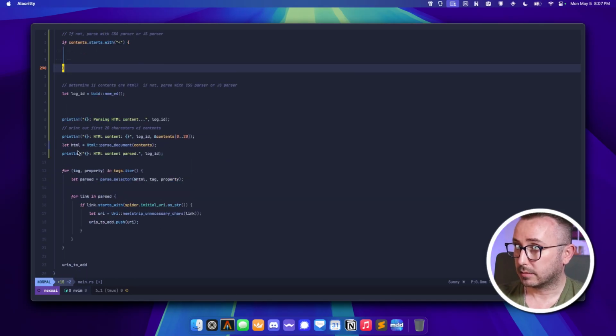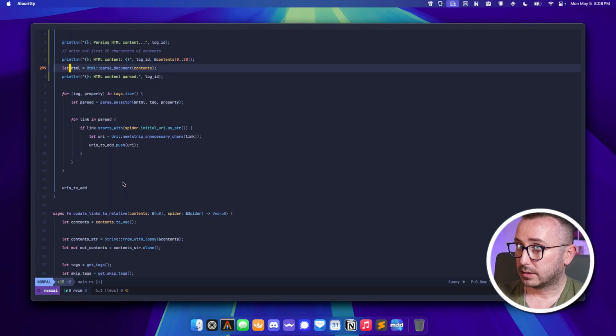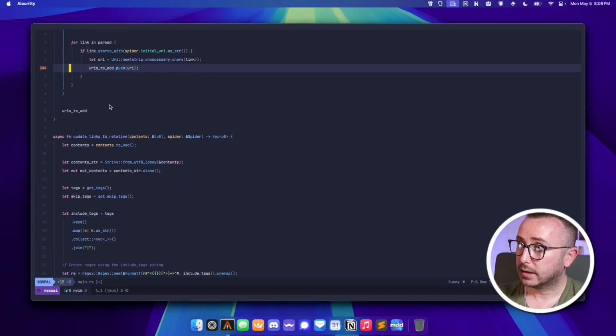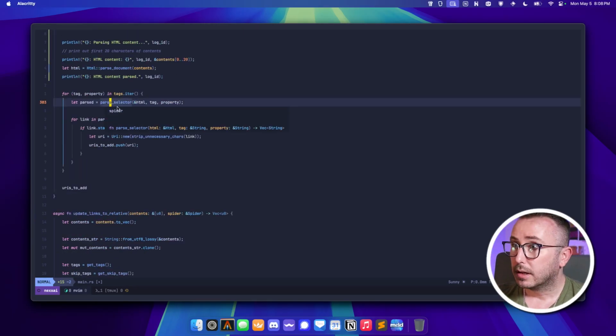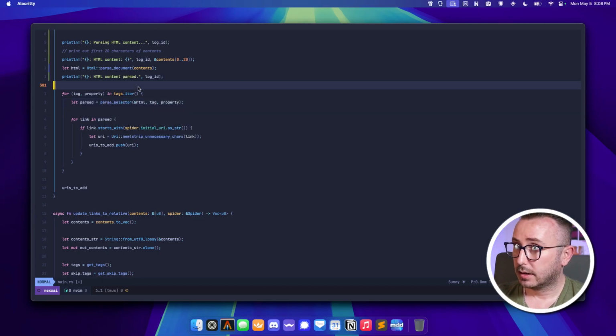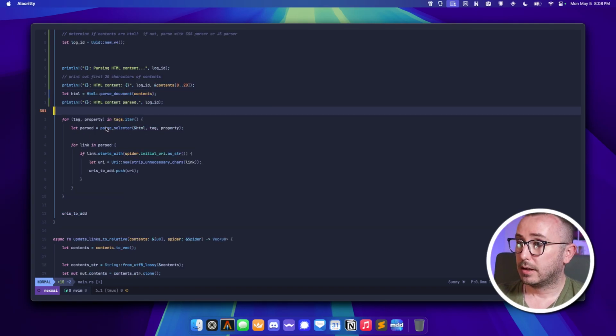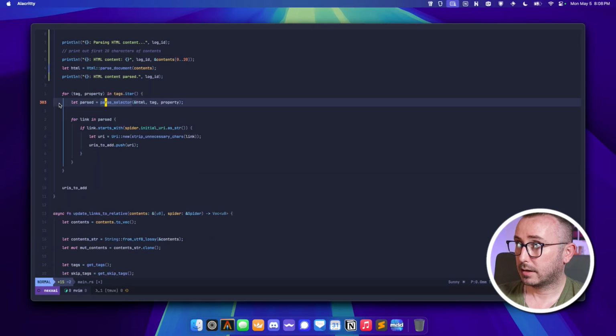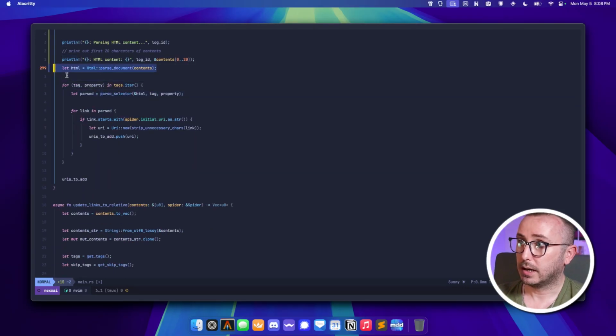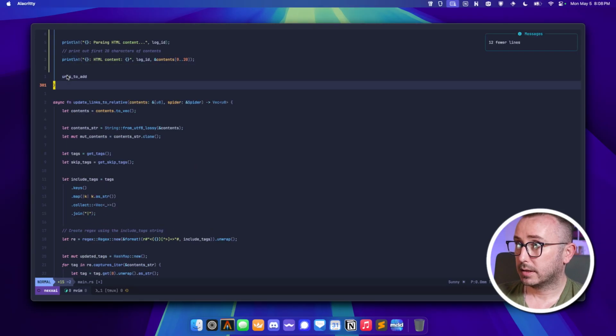So how are we doing it here? We're just doing HTML tag parse selector. So we've got kind of our own little HTML selector or parser already. What is that returning? It returns a vector of strings. Okay. And then it's stripping unnecessary characters. I think what we're going to do is just make this